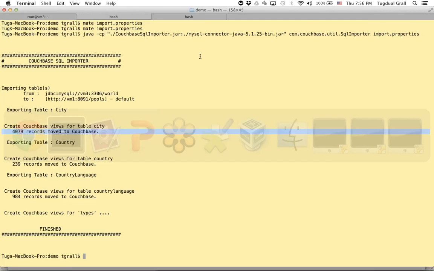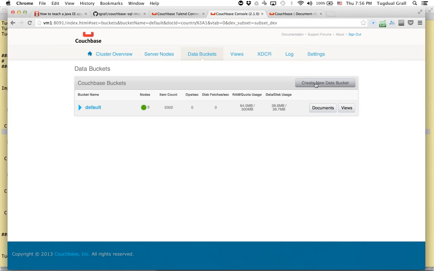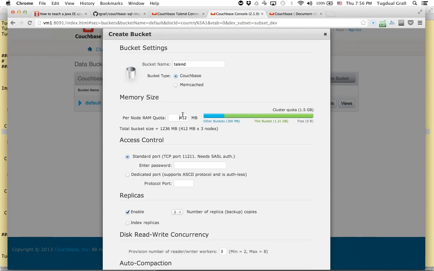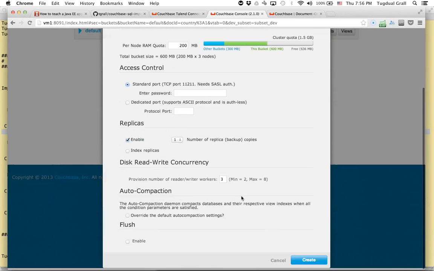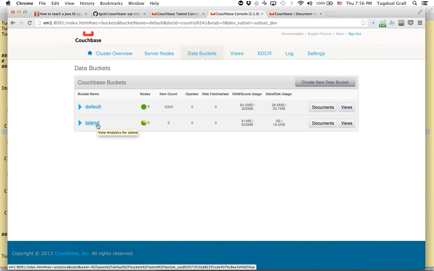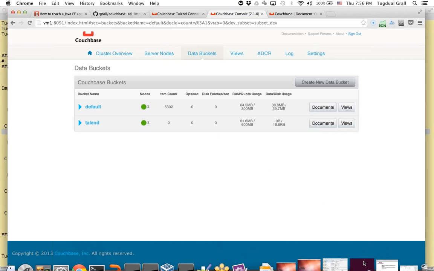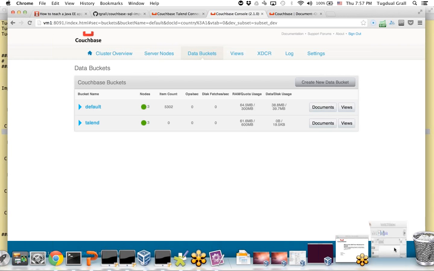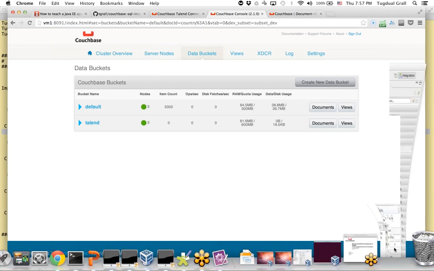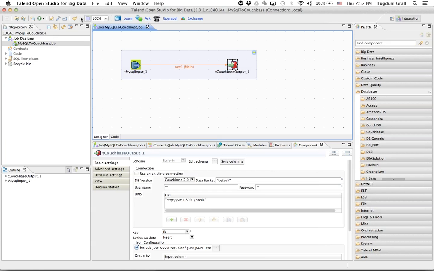ecosystem, I was talking about the integration with Talend. So what I will do here is I will just create another bucket, just to show you more or less the same demonstration inside another environment, so Talend. So it will create another bucket. And let's use Talend now. So I have installed the tool. I have created the basic job to do that, but I will explain you basically what it does.